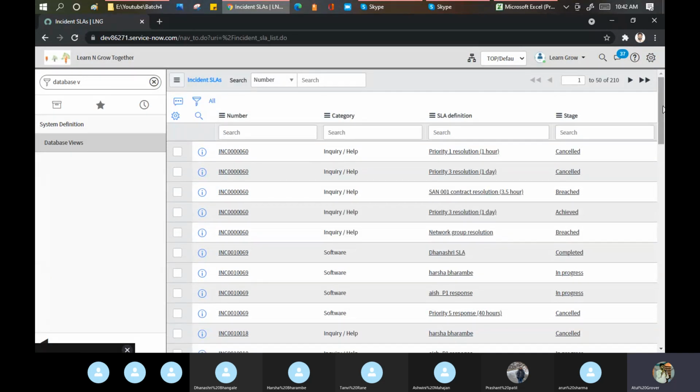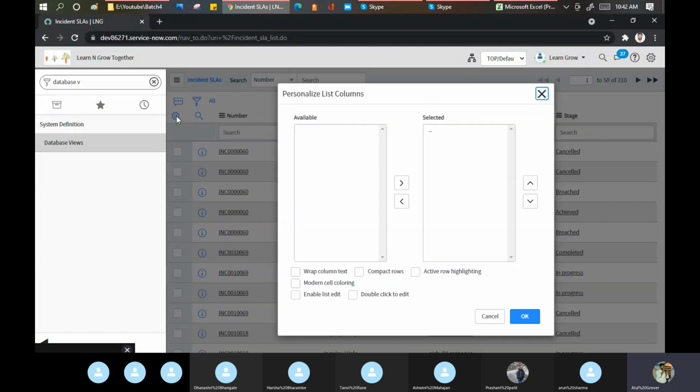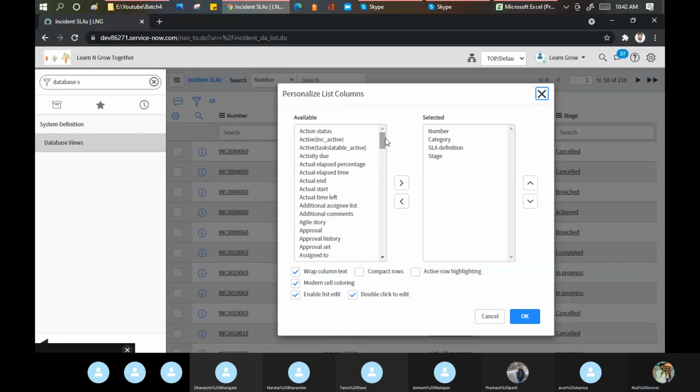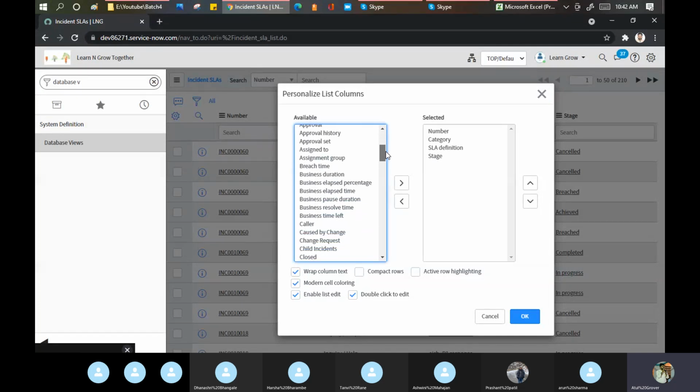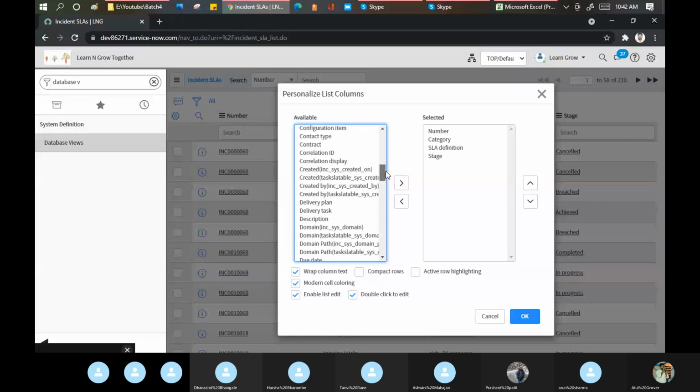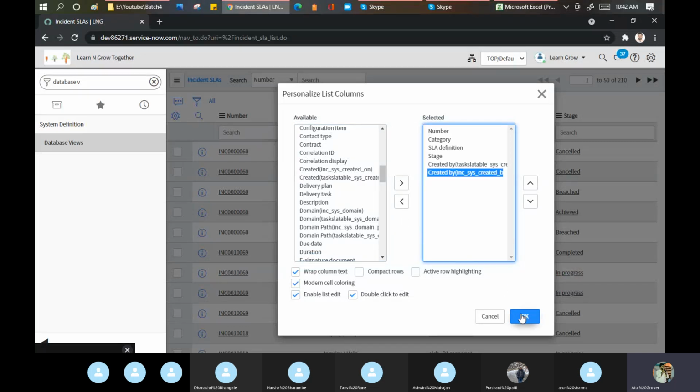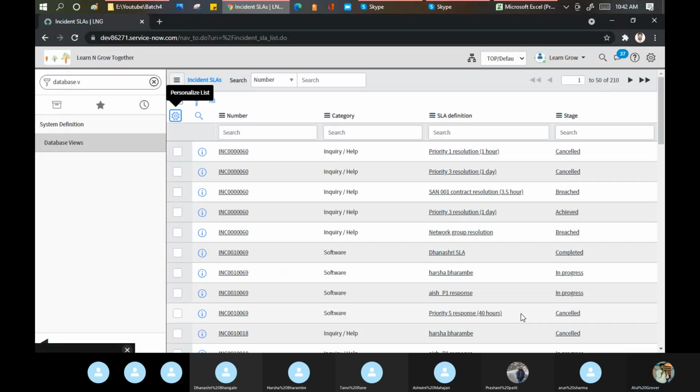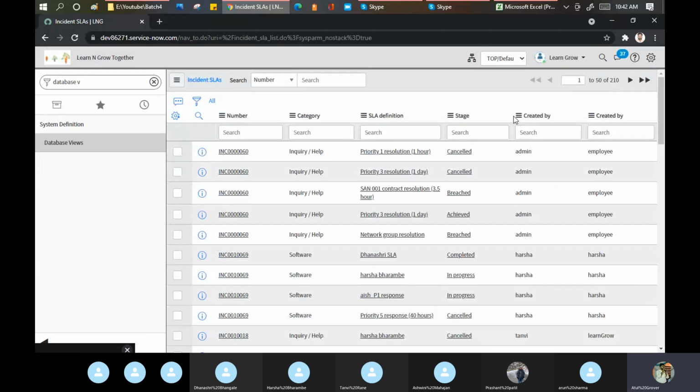You have a question, Atul, where is the purpose of that variable prefix? Now go here and you will be able to find that. See, let me show you. This one, task table, this one means this field, created by and created by. Now if I okay this, these are the two created by coming from two different tables. The first one is coming from the incident table and this one is coming from the task SLA table. Now you can identify this part.